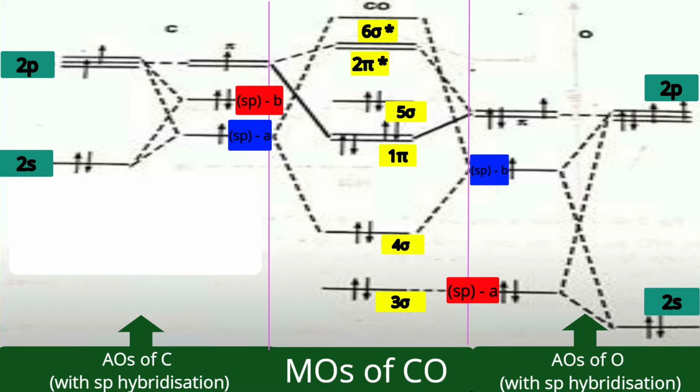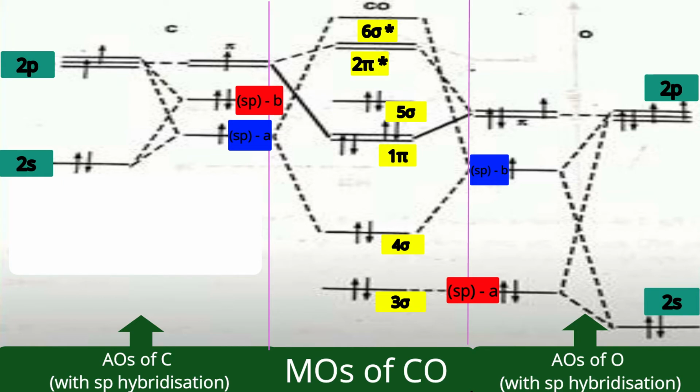Here two electrons are there, one from carbon, one from oxygen, and both electrons will enter the bonding sigma orbital, that is the 4 sigma orbital. In the true sense, you can collect all electrons and then also you can distribute. The answer will be the same. The higher orbital of the carbon, that is the spb orbital, is with a lone pair and it has no suitable orbital to interact, therefore it will remain non-bonding and I represented it as 5 sigma.